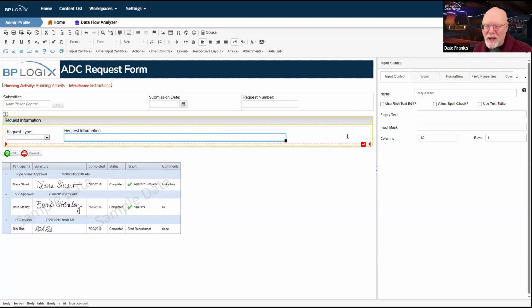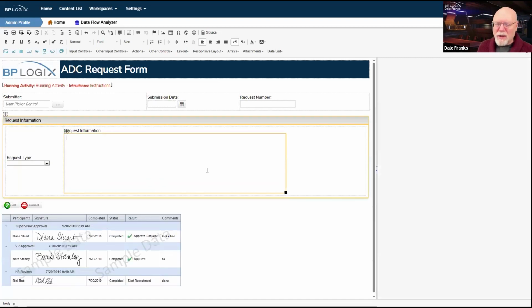So I think on a desktop, it's going to be fine. I think on a tablet, it's probably going to be fine if I go to 80. 60 is probably a little safer, but I'm just going to go ahead and keep it at 80 at this point. We'll just assume that for the most part, people are going to be looking at this on the desktop. One line doesn't seem enough, so I'm going to add to the rows property. Let's give them 8 rows of text to fully explain themselves.